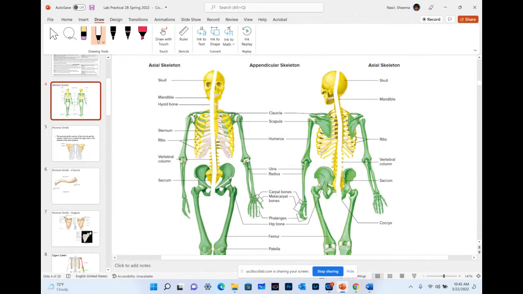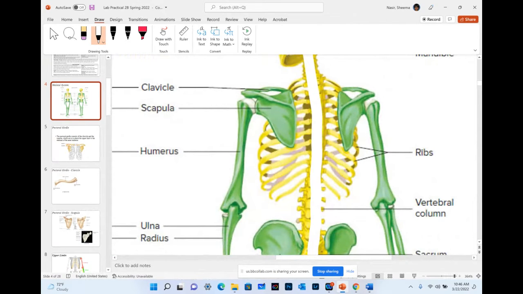We are not going to do that. We are going to look at the appendicular skeleton. And as I mentioned earlier, we are going to look at,